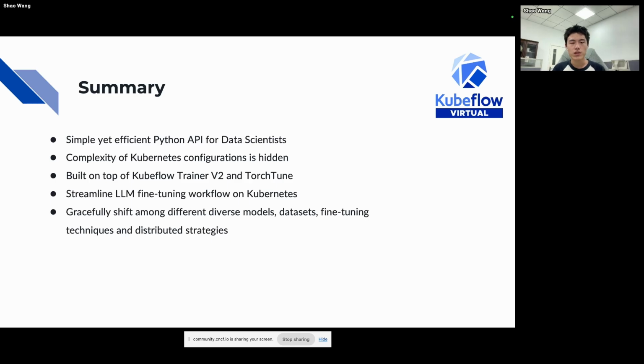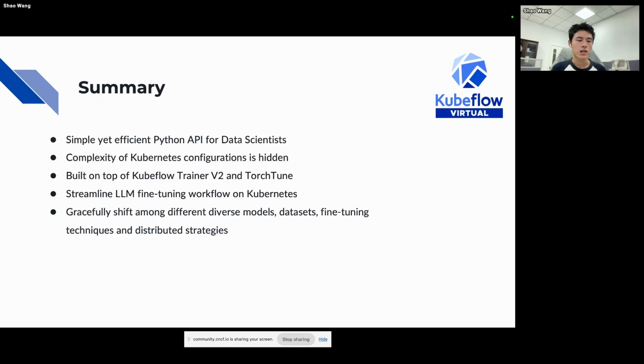So here is a summary for this section. We provide a simple yet efficient Python API for data scientists, and we hide the complexity of Kubernetes configurations. The Kubeflow LLM Trainer v2 is built on top of Kubeflow Trainer v2 and Torch 2. It streamlines the LLM fine-tuning workflow on Kubernetes by integrating the model initializer, dataset initializer, trainer node, and the model exporter.